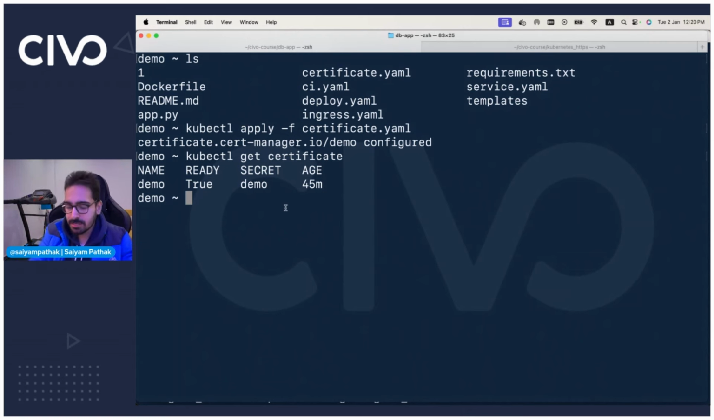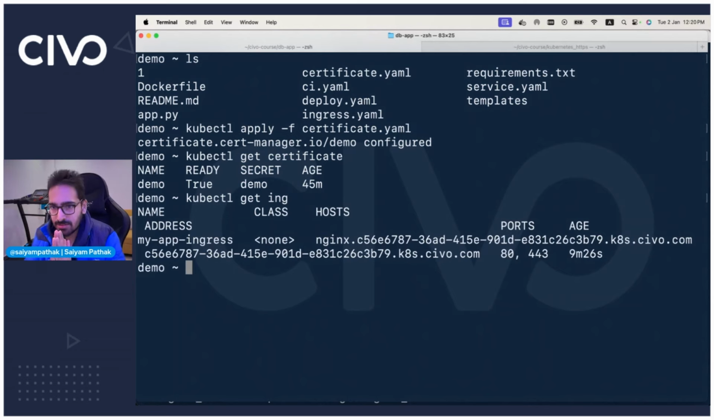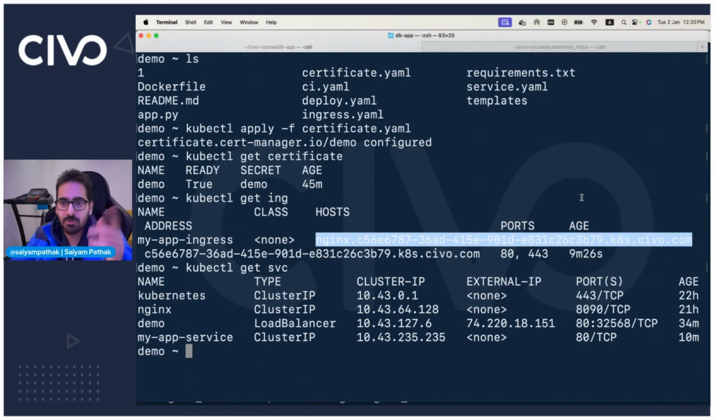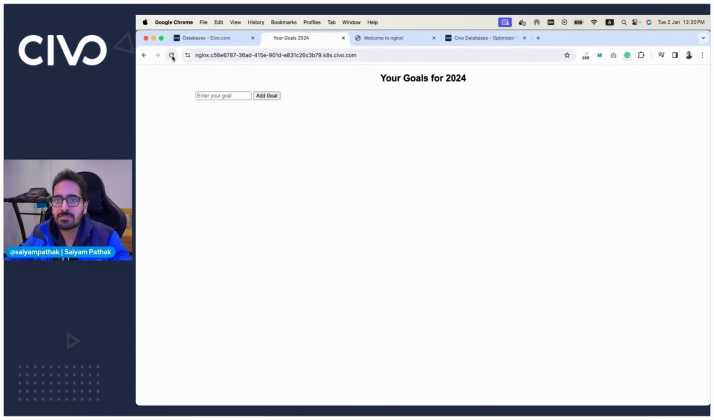So what we are now left with is, if I do kubectl get ingress, we have an ingress which is kind of the same, but now it actually points to the service that we just created for this app, which is kubectl get svc my app, the service that we just created a few minutes ago. So let's go to the same URL that we went before, but this time it should give you your goals